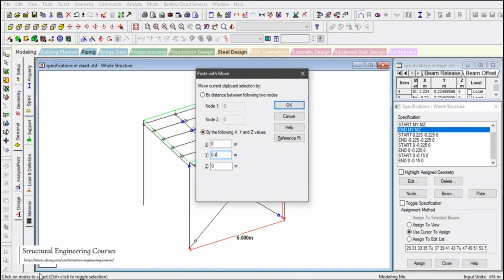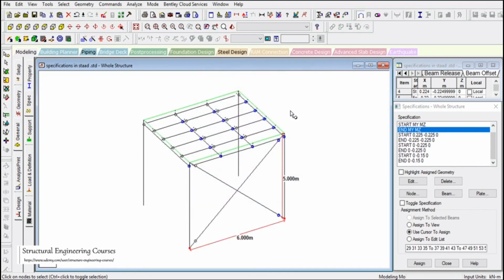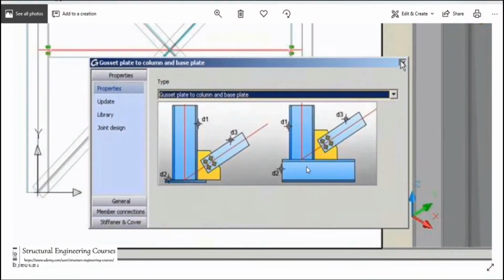So we need to select Y plus 0.4. You need to press Shift plus K on the keyboard. And let us say the fabricator is saying that he can draw bracings like this, or he can make the bracing connection like this only. So with this, we can make sure that this particular connection is being followed here.